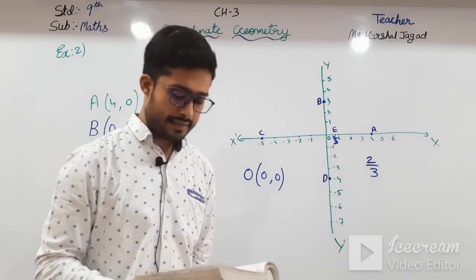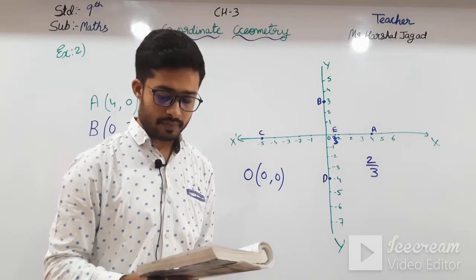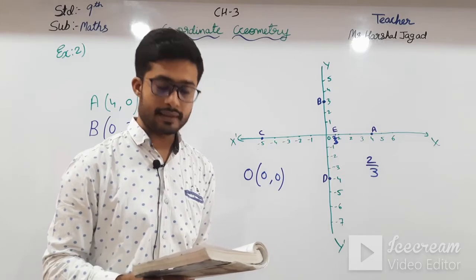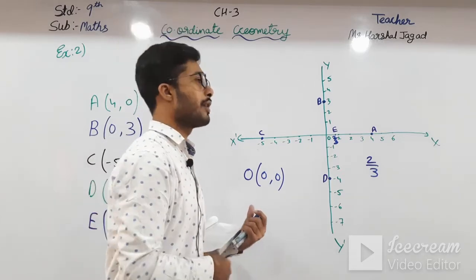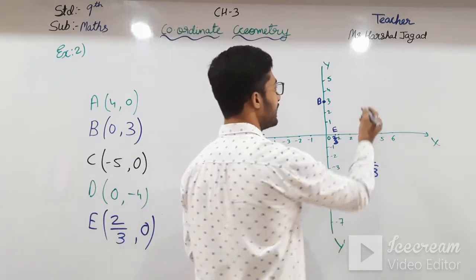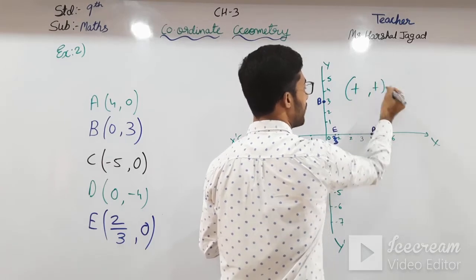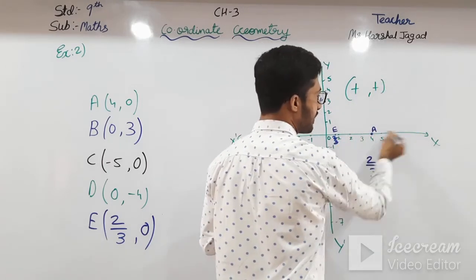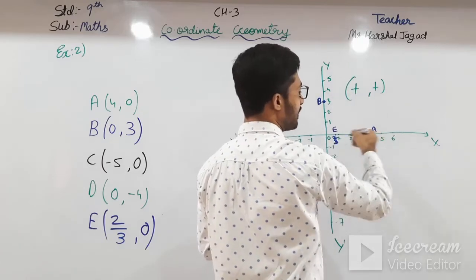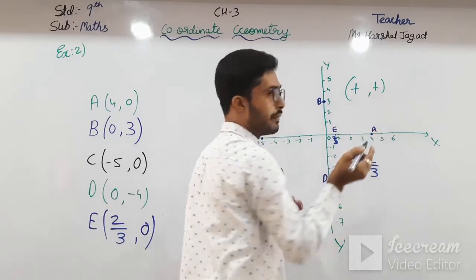If a point is in the first quadrant, then the point will be in the form of plus plus, since the first quadrant is enclosed by the positive x axis and positive y axis. They are saying that if any point is in this first quadrant, then it will be plus plus. See here, on the x axis it is plus, and on the y axis it is also plus. So both signs will be plus.